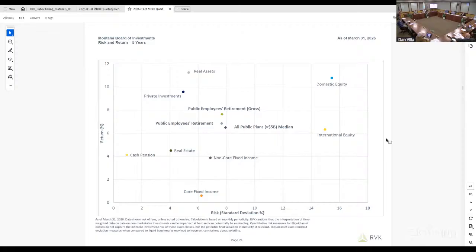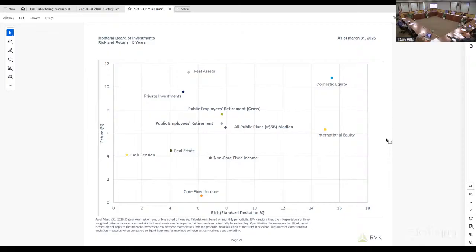It's been nice to see international equity, the yellow dot, which has had so much more volatility than the total fund, which we would expect. And recently it's had much better performance. But during this particular 5-year period, domestic equity, of course, has outperformed everything else, and it has about the same level of volatility, if not a little bit more. The other asset classes, as you work your way counterclockwise, real assets have had a much lower volatility than equities, but again, an attractive return.